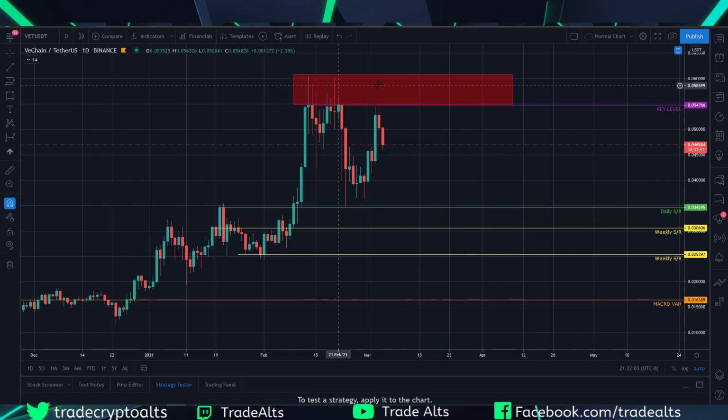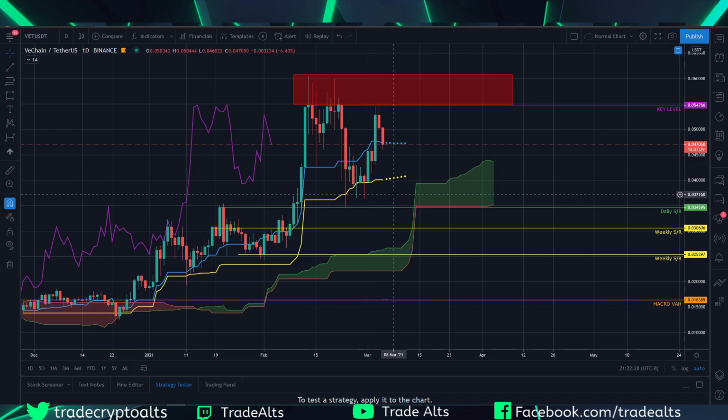So I'll highlight this box. This really is your immediate resistance, and if this is able to be reclaimed, you can obviously look for much higher prices, very likely. And then to the downside, I'll turn on Ichimoku real quick, just to show you that it's this Kijun area that's really been your support. You had a really good S/R test right here. So you had price come up,